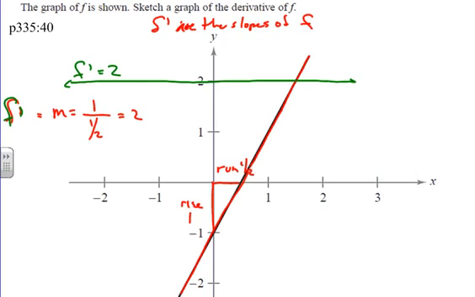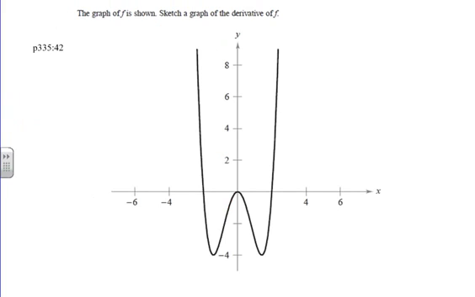So when we're doing this, we're always correlating what is f, how does that relate with f prime, the derivative? What is f prime? How does that relate with f? Take this one. The graph of f is shown. Sketch the graph of the derivative of f. Okay, once again, what do we have here? All right, I'm going to do this derivative. Now, once again, we have slopes. Now, if we think about the slopes, what do we know about the different critical points and slopes of these different things? Well, first off, whenever f prime is positive,